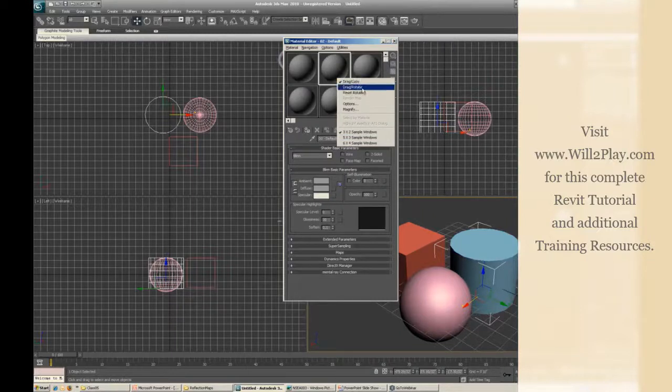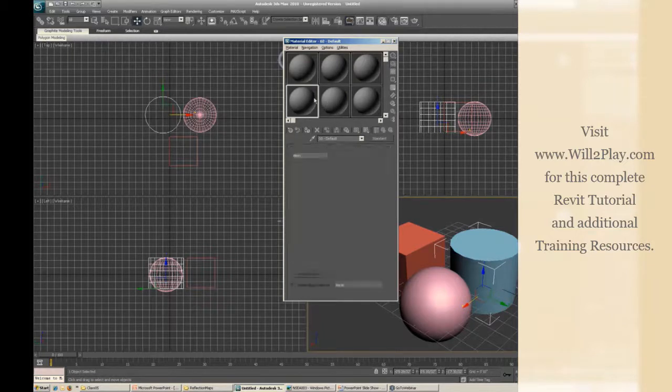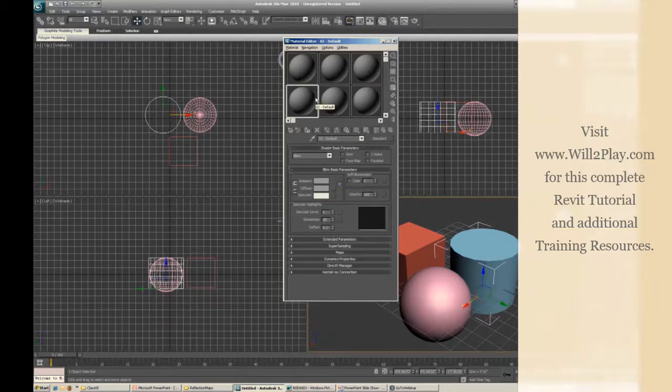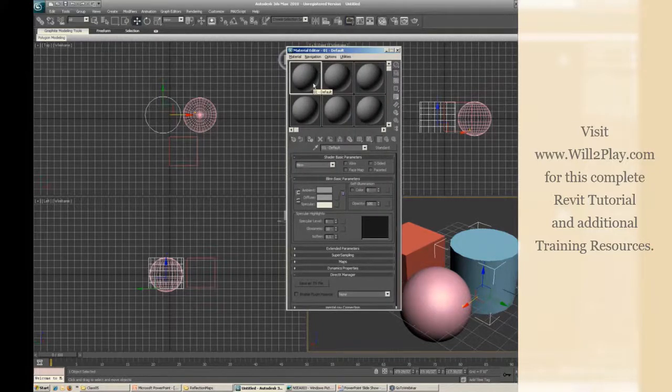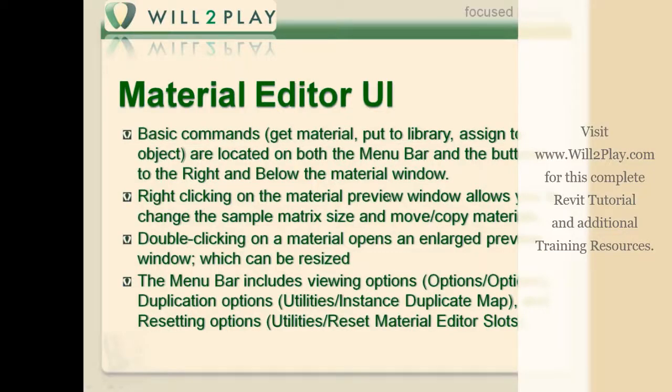You can drag and copy, and drag and rotate, your materials if you want to copy them to different locations. Drag copy is selected. You can turn that on and off, but basically it means you can drag these into other slots. As you can see, everything is drag and drop within the material editor, and in a lot of the stuff in Max in general, which can be really handy. But if you're not used to that, it might take a little bit to get comfortable. Anything drag and drop: left click, hold it down to drag it, let go, and it drops it. So those are the basic UI: right-clicking on the material preview to change the matrix size, and double-clicking on a material opens